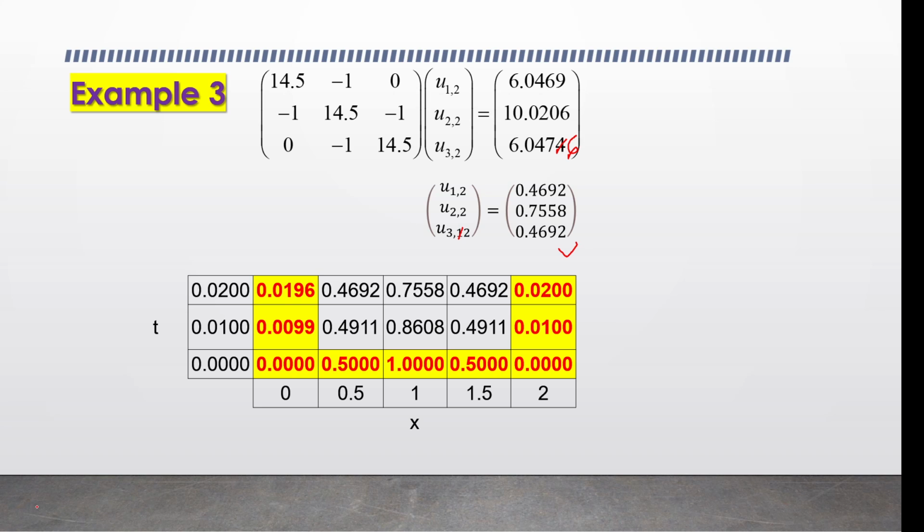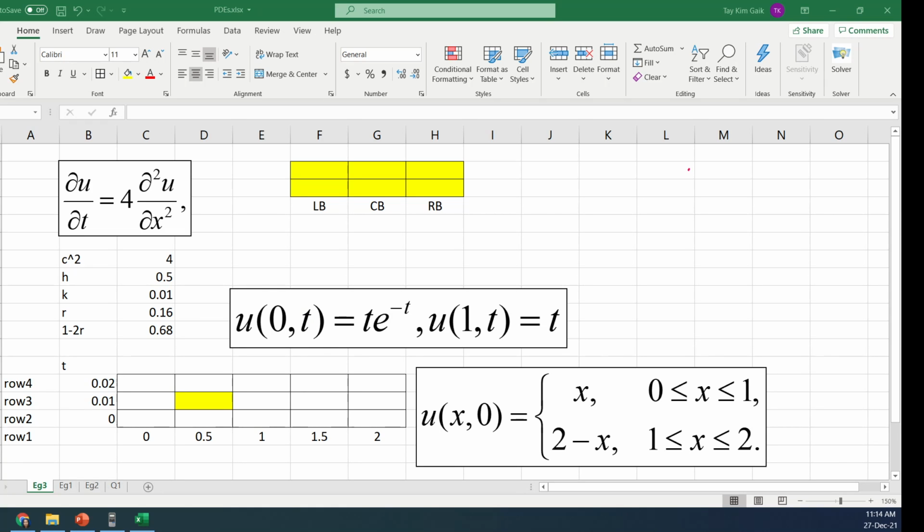This is solving manually using your scientific calculator. If you're interested to solve it using Microsoft Excel, later on, to solve it using Microsoft Excel, we have the del U del